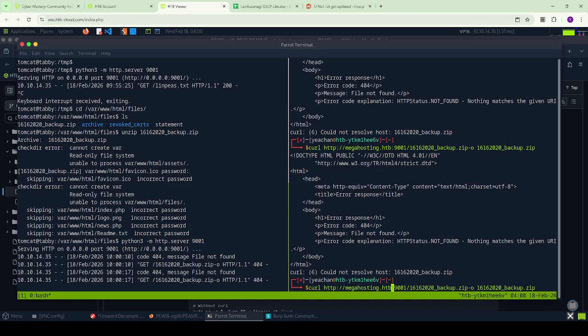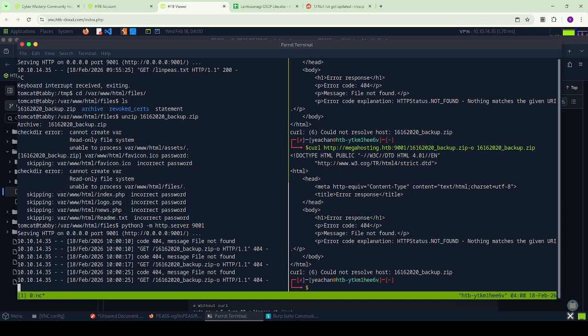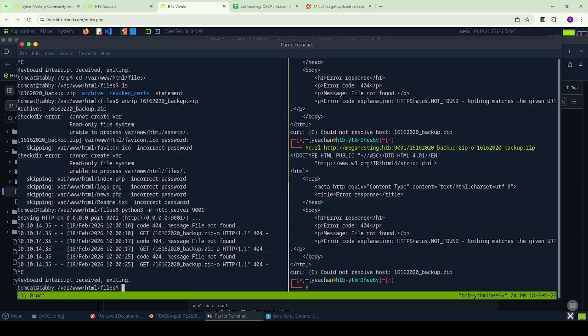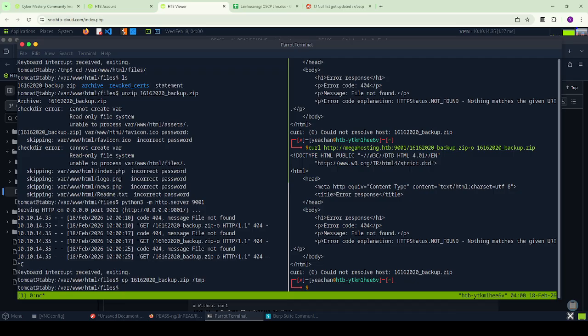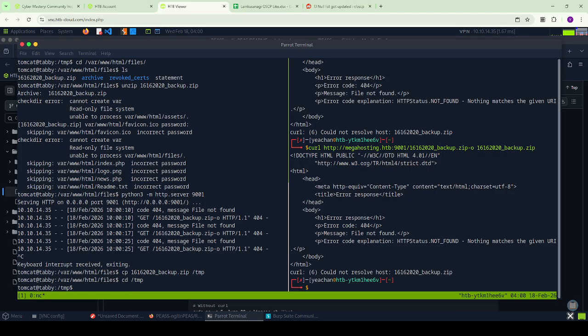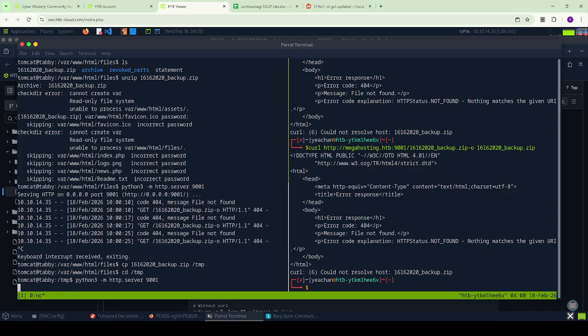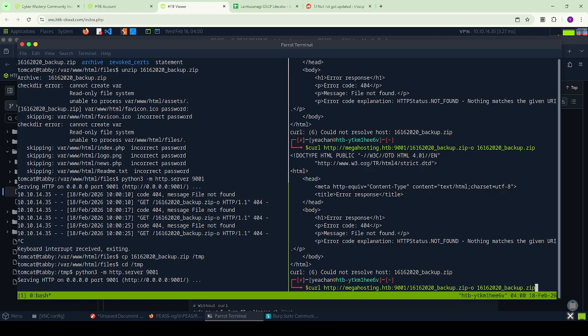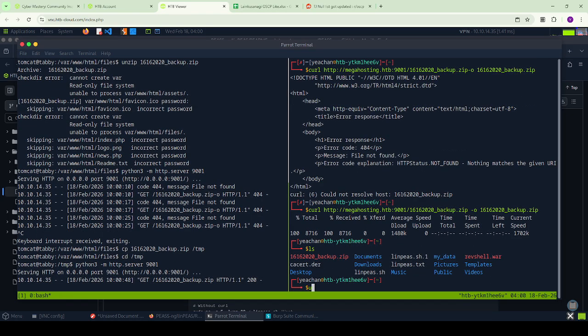Message file not found. Maybe we can transfer this file to tmp. I think I made a mistake, but